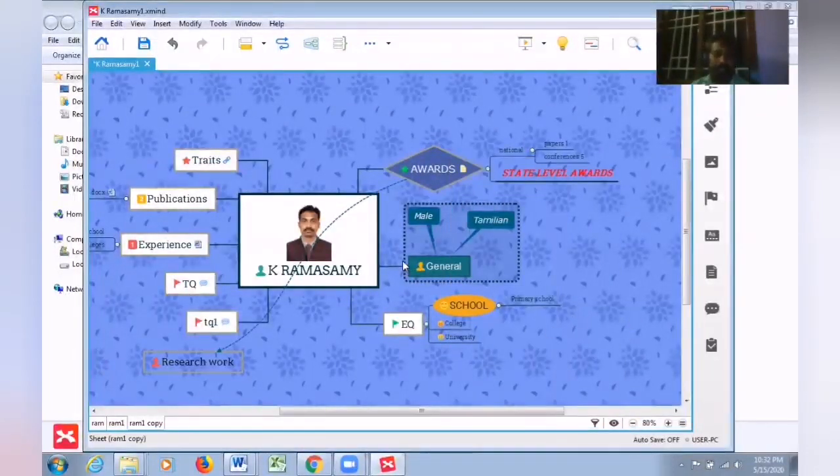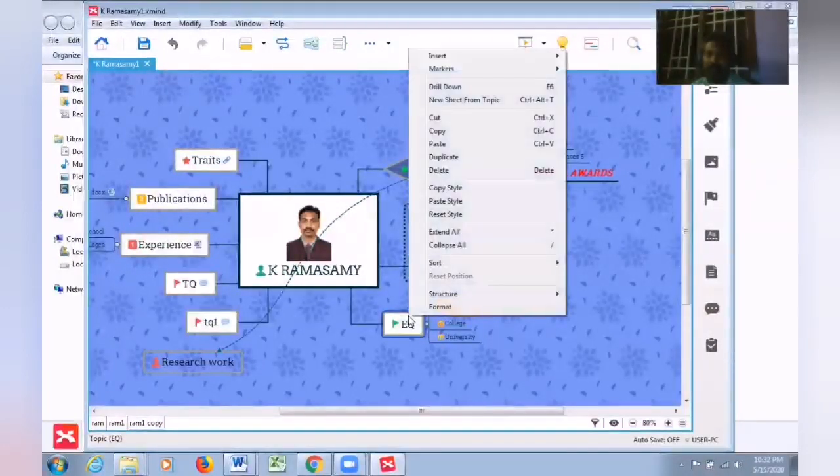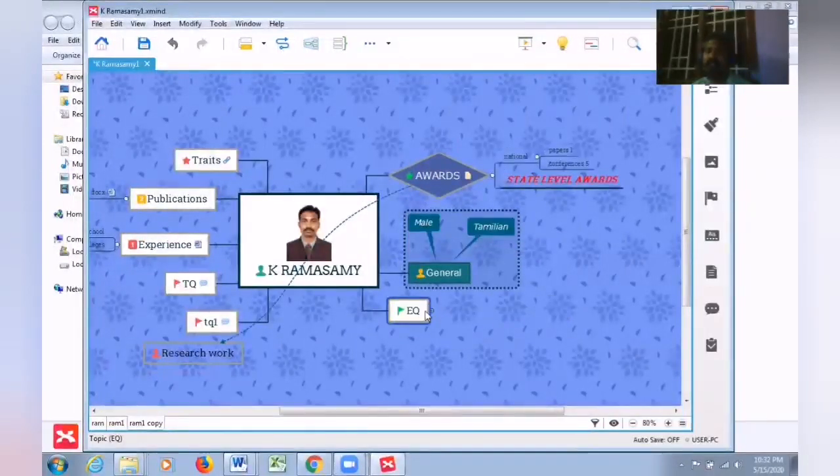Fine. And see, for example, this educational qualification is divided into three things. For example, you right click, you go to collapse. If you select that, only the main branch will be visible and other branches will not be visible. Fine. If you go here, the small plus symbol, if you click the plus symbol, then you can see